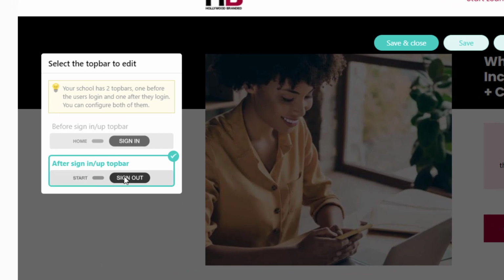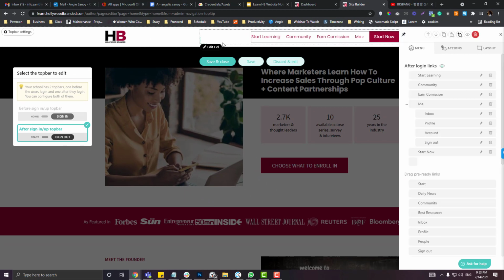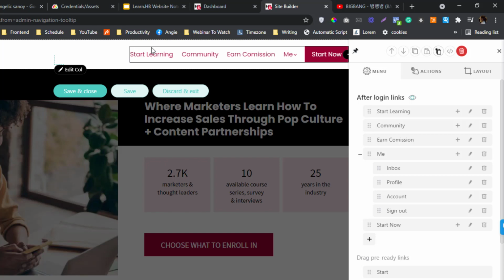So after this, there are basically two options that you can utilize. I'm gonna click that sign up over here and just double tap this column. So look for this part that's called edit column. Okay, so edit column, or if you cannot point that directly, simply double tap the navigation. So as I said, I want to change